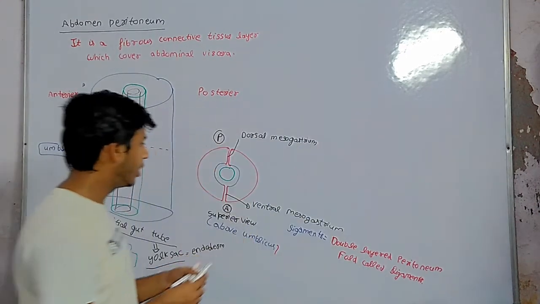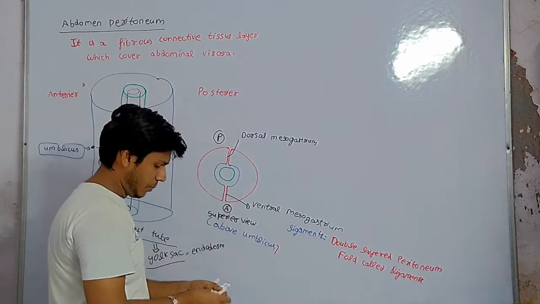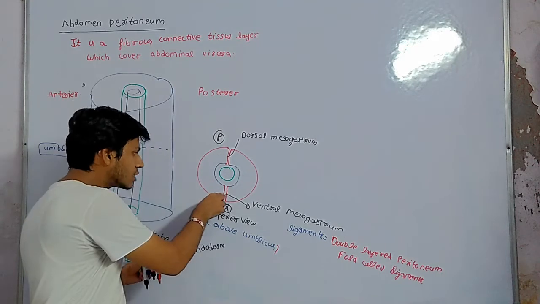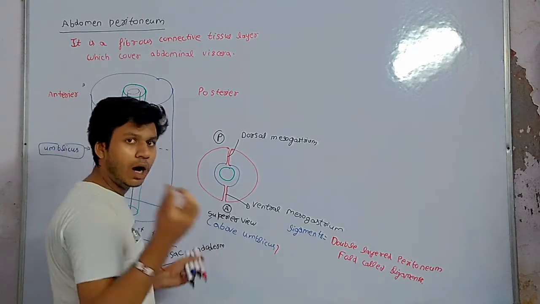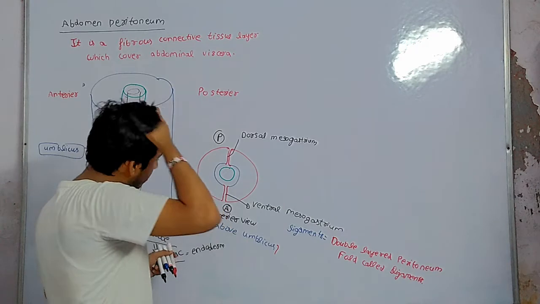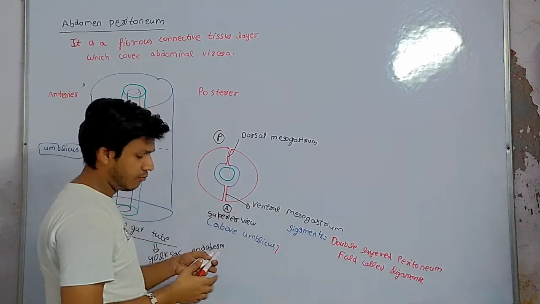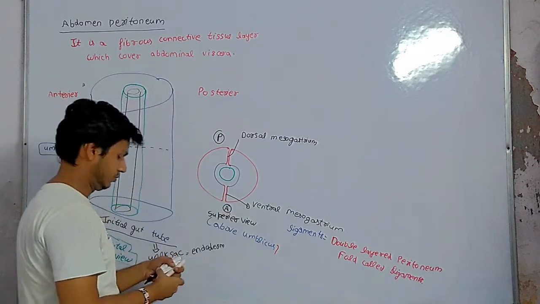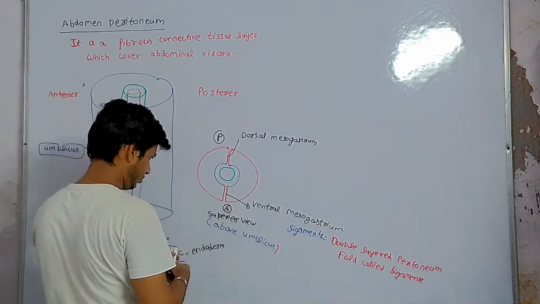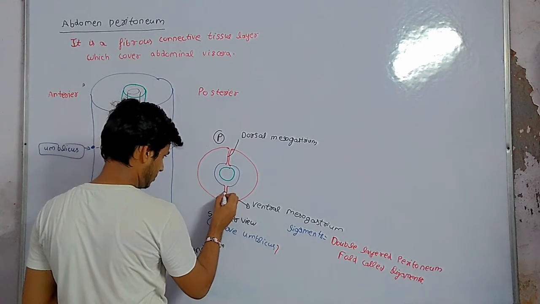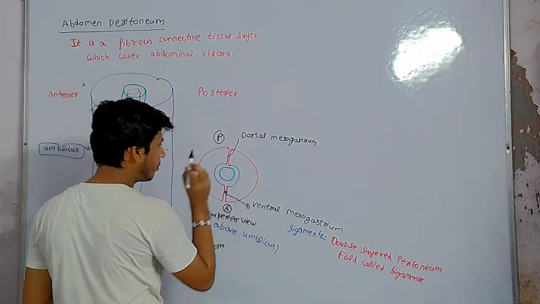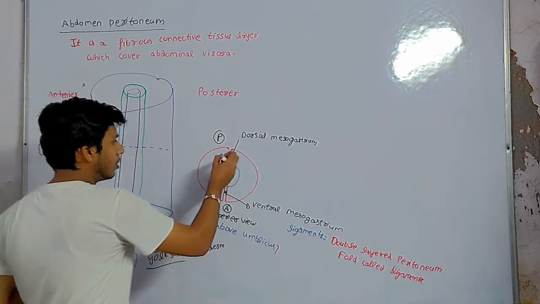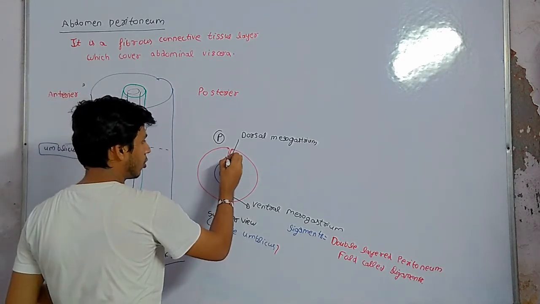And now an important point here: how the liver develops. Some cells of the ligaments form a bud-like structure in the ventral mesogastrium, which is called the initial liver or hepatic bud. Here is one bud formed in the ventral mesogastrium and one bud formed in the dorsal mesogastrium. Two buds form.